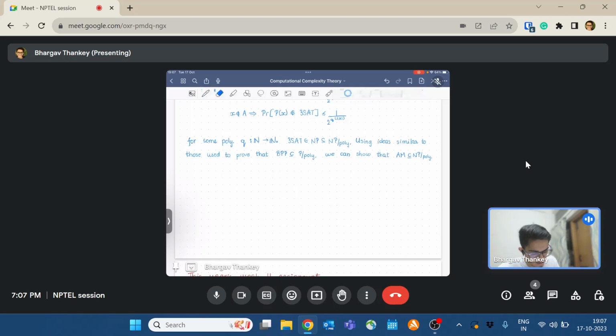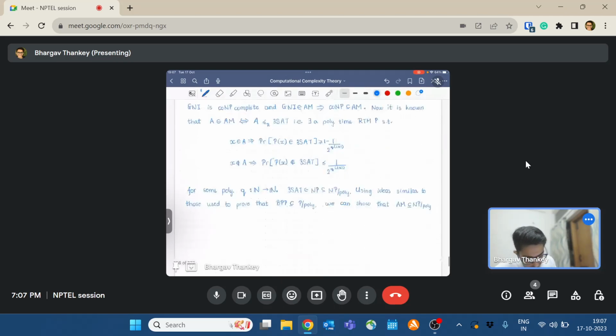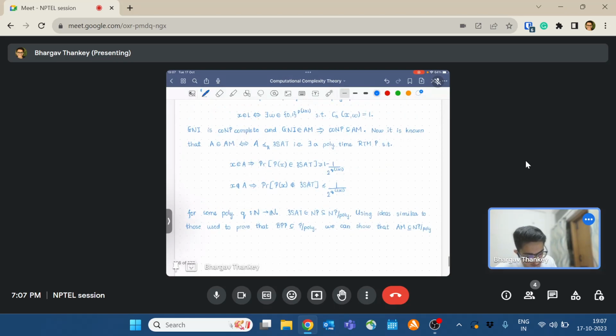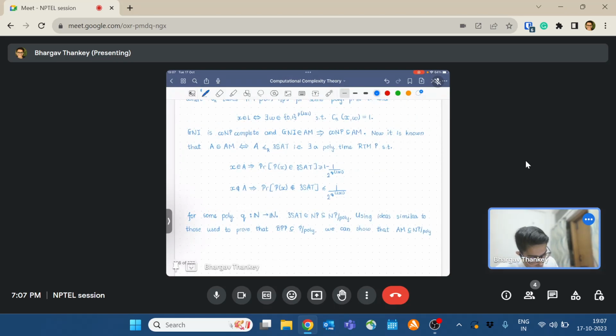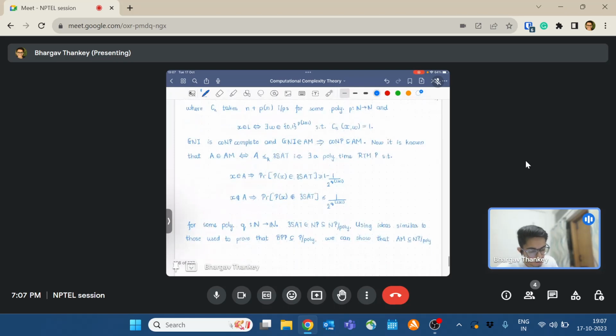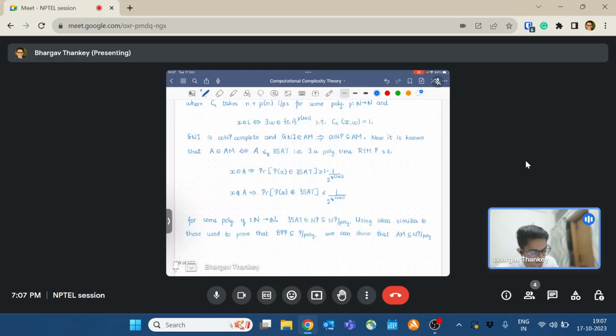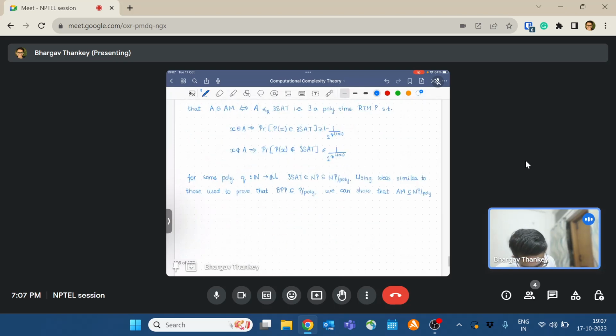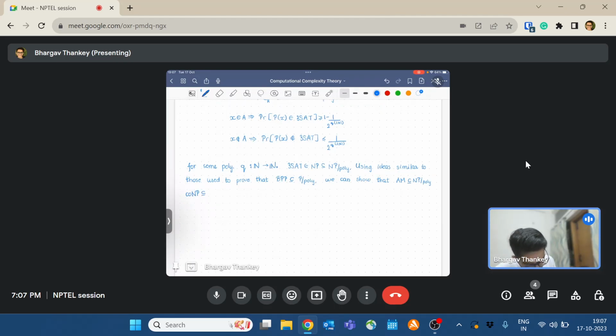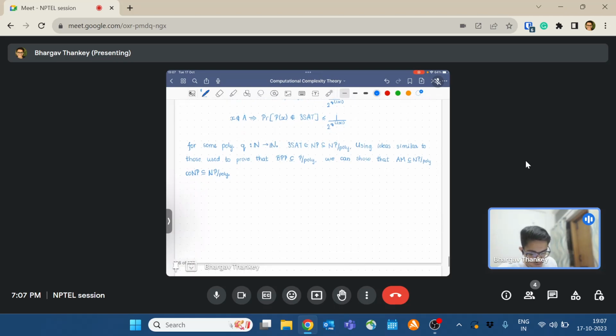And since co-NP is in AM, this means that co-NP, in particular 3SAT complement, is in NP/poly. So we have that co-NP is contained in NP/poly, and then again, using ideas similar to those for NP in P/poly,